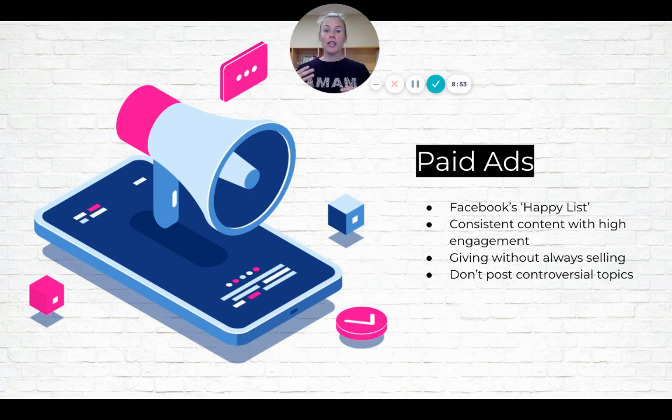You want to make sure that you're giving without always selling. So if you're constantly doing sales videos or sales posts without actually giving content away, that is going to decrease your ranking on the happy list. And finally, try and avoid posting controversial topics. A lot of people don't realize that things you post on your personal profile, if you are an admin or connected to your business manager or your ads manager, affect it.